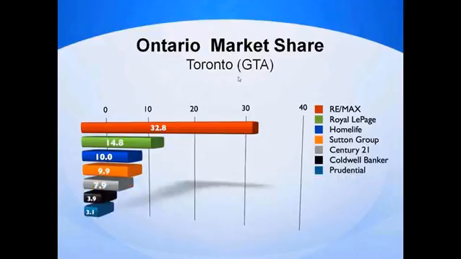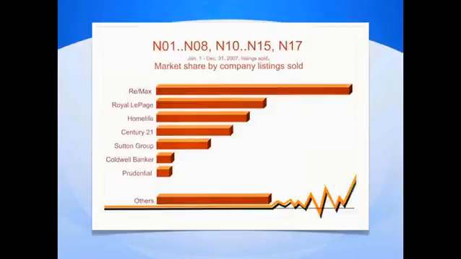Okay, now company market share. I worked at RE/MAX, so I'm going to use this, right? RE/MAX had a 31% market share here in Newmarket. Royal LePage was second, Sutton Group, Century 21, Coldwell Banker. Now, if I worked for one of these other companies, of course I'm not going to use this. But if your particular company, your franchise, has a leading market share, you definitely want to use that in your presentation. And the next town south of me is Aurora. So you can see RE/MAX slightly edges out Royal LePage here in Aurora, so we're going to use that.